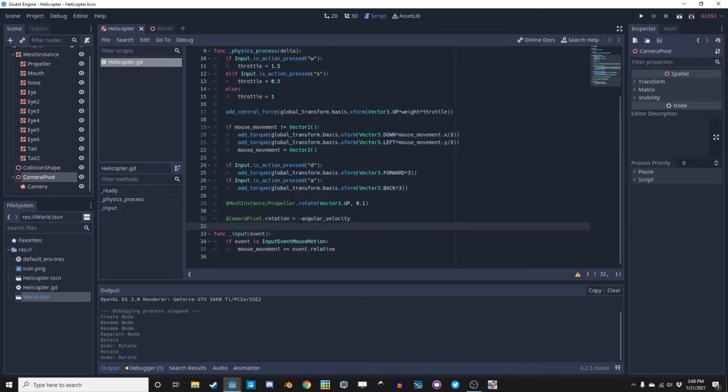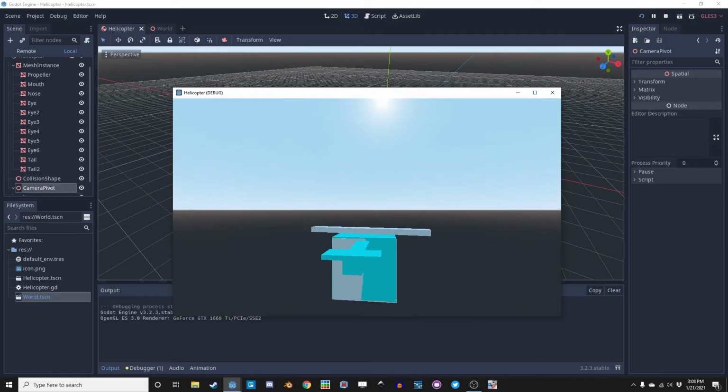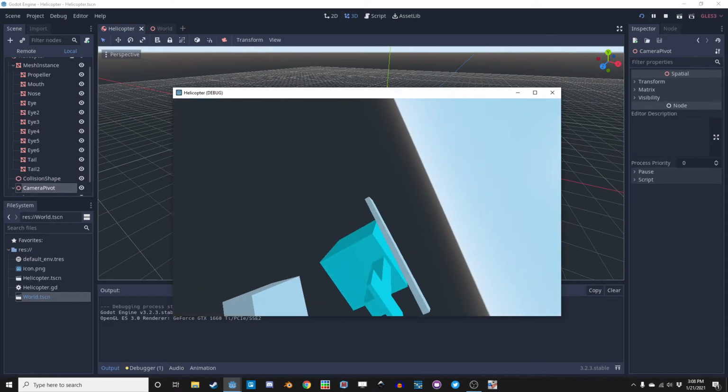So what this does is it gets the rotational speed of the helicopter, and negative moves us backward along the direction that the helicopter is rotating. So the camera will be pushed behind where the helicopter is. So it doesn't actually lag behind, but it gives that illusion just by, oh, okay, that's